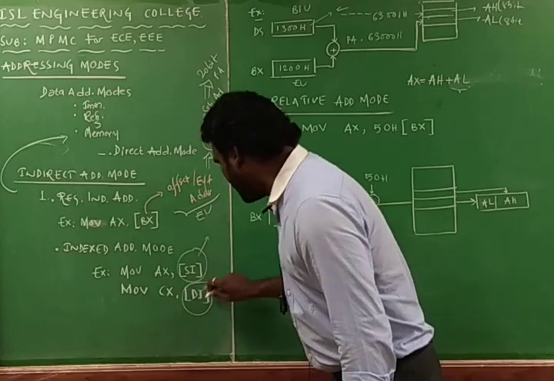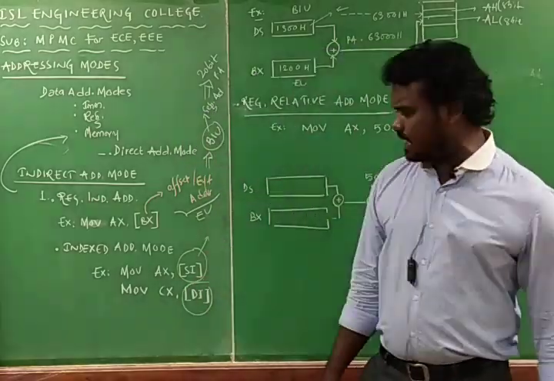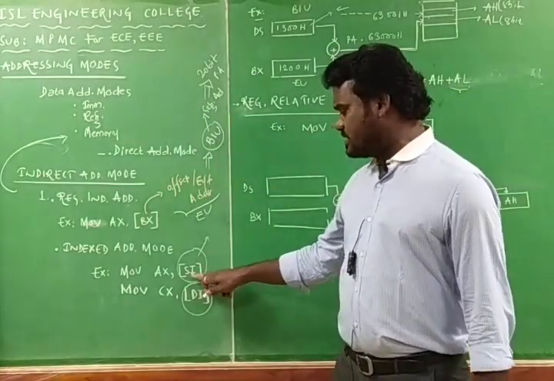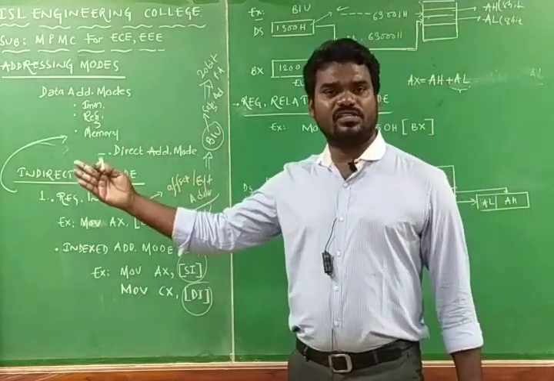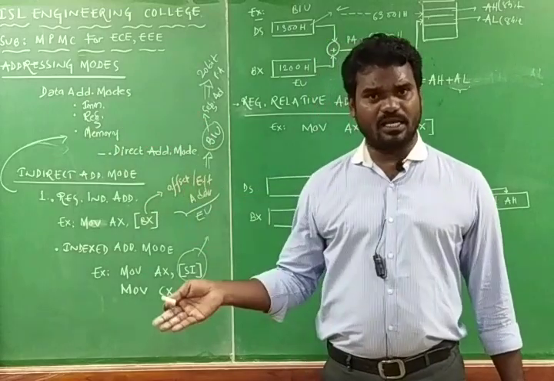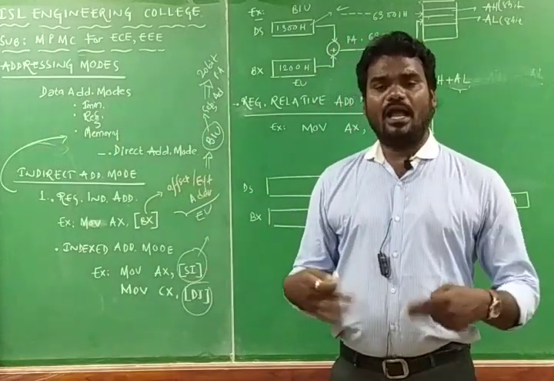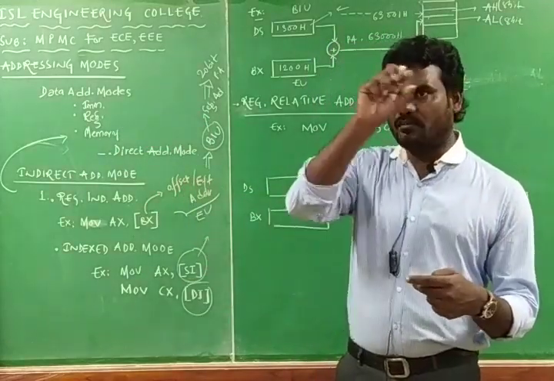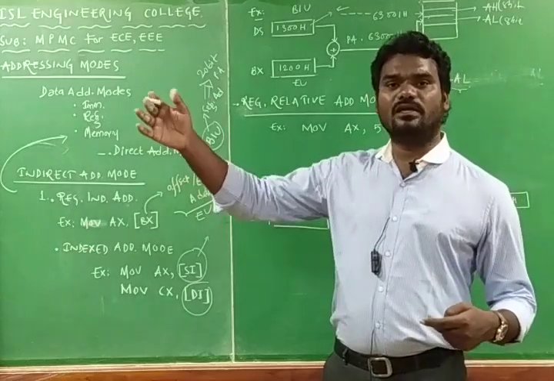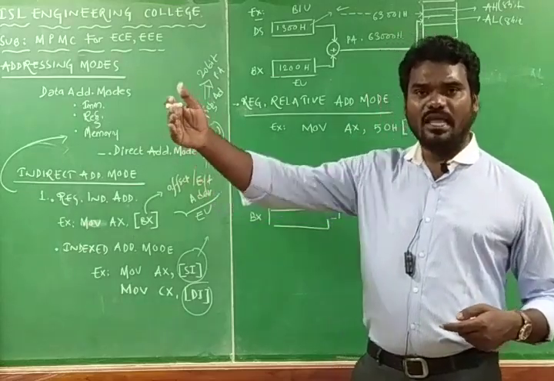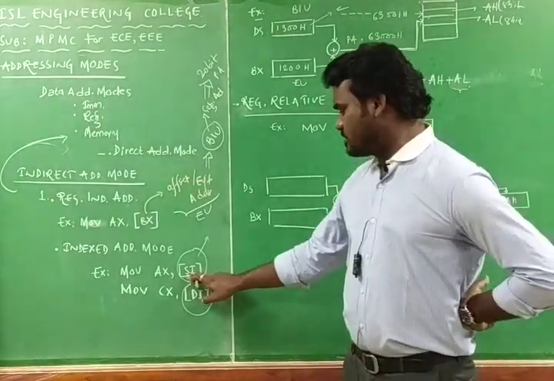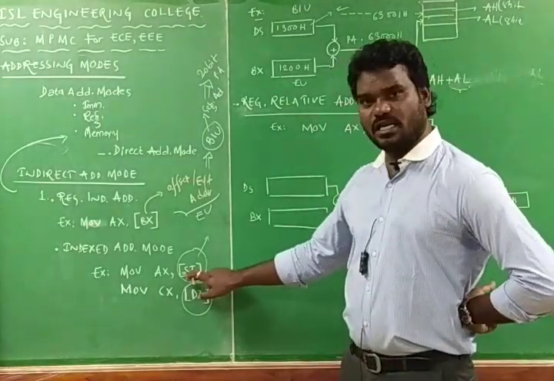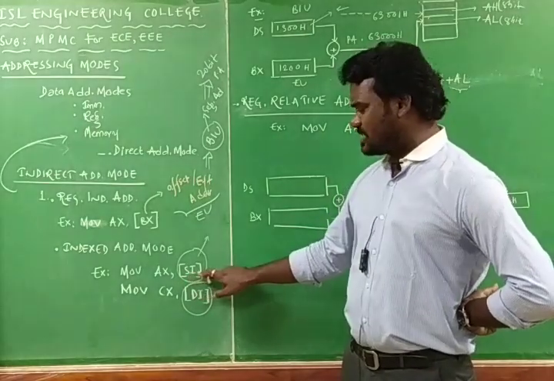Here the offset address is specified in the index register, and this is an offset address, so it will be given to the bus interfacing unit, where we have the segment address, and both will be added to generate the physical address. By having the physical address, the 8086 microprocessor can access that operand from that location. So here this is the source index register.